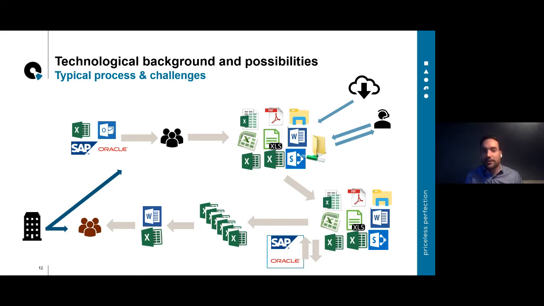But it's not the case that one person can collect all this data from these different systems. Multiple people need to be involved to get the data from the different systems. So you have multiple systems and multiple people who have to get involved. Once you get the data from the different people involved, a lot of times you will see that the data you receive